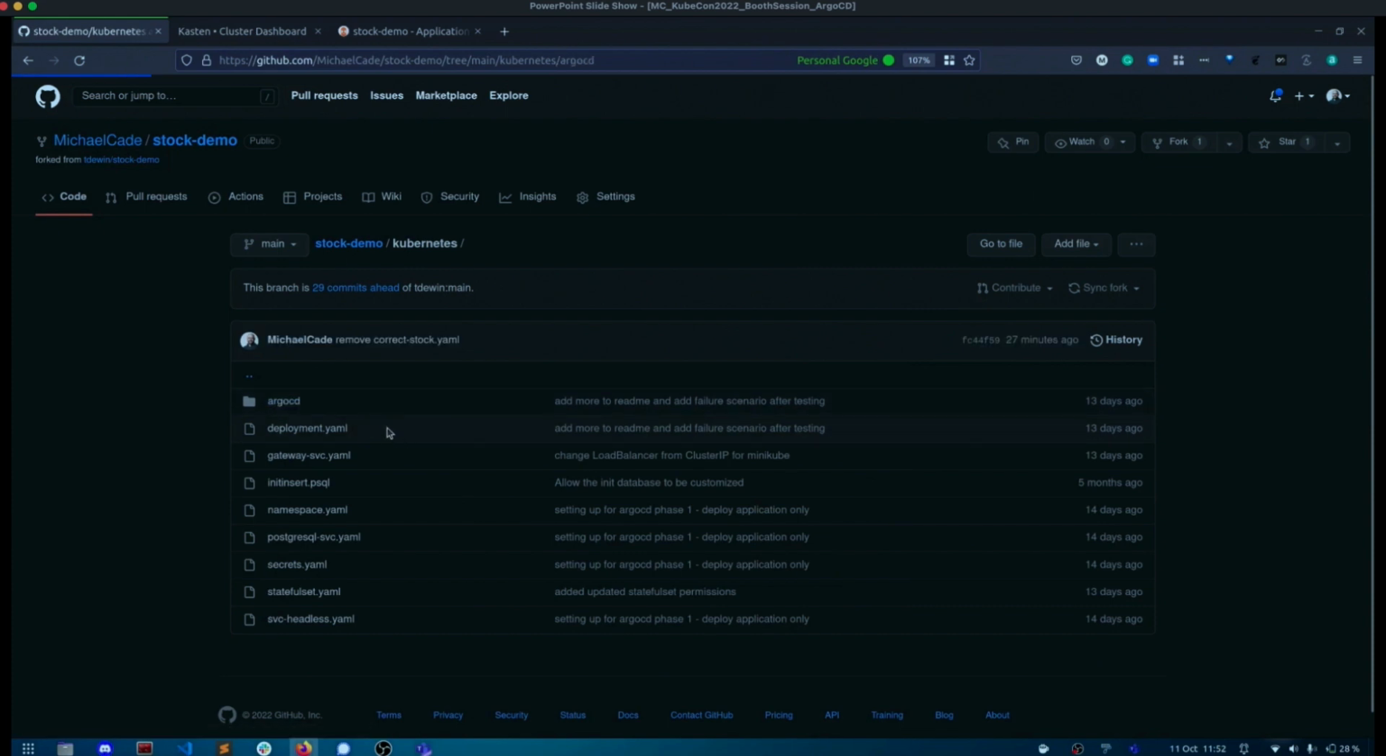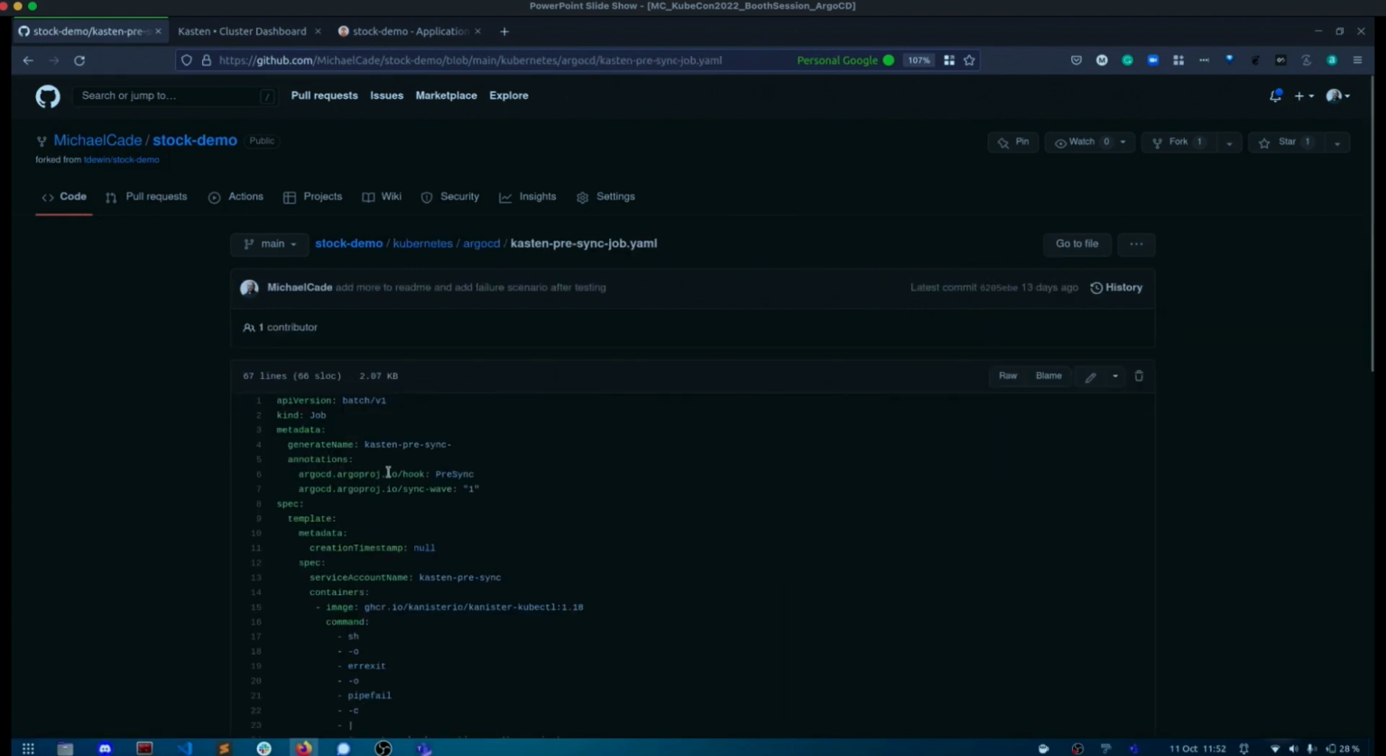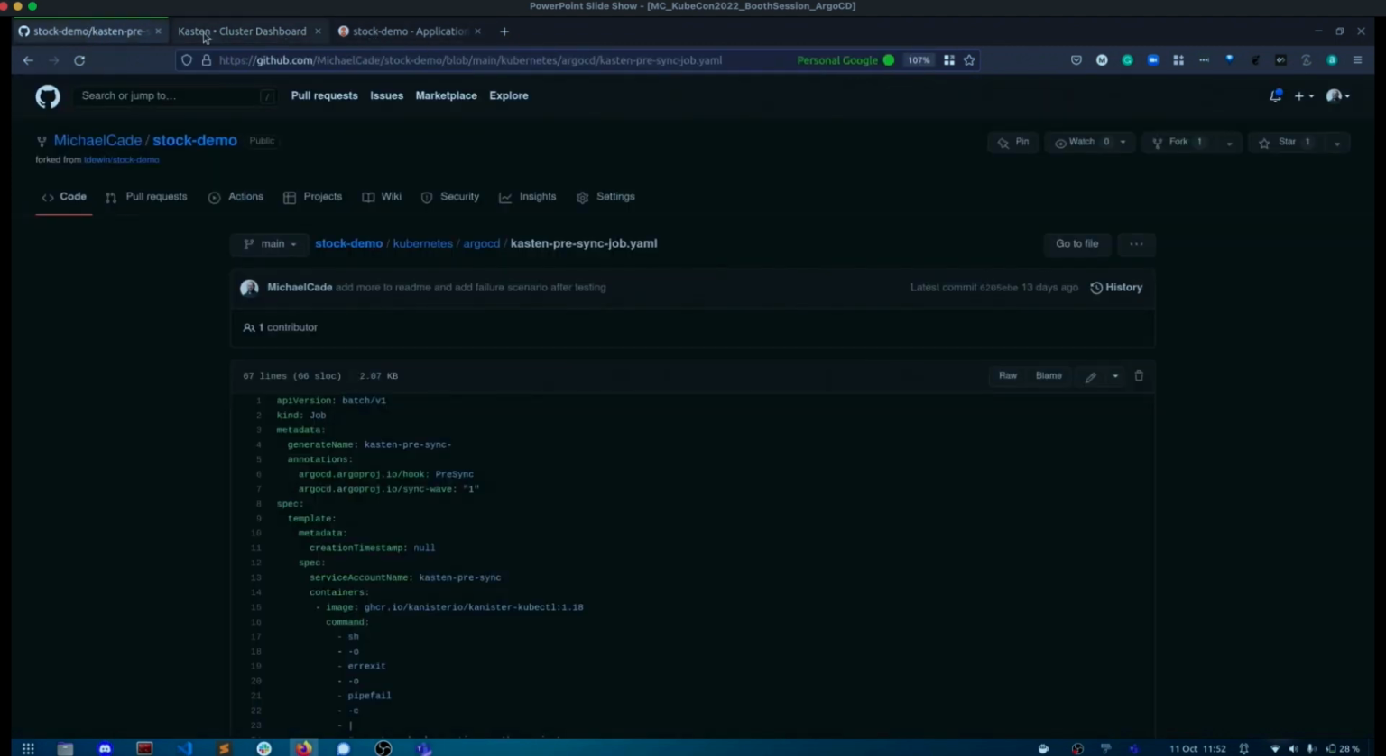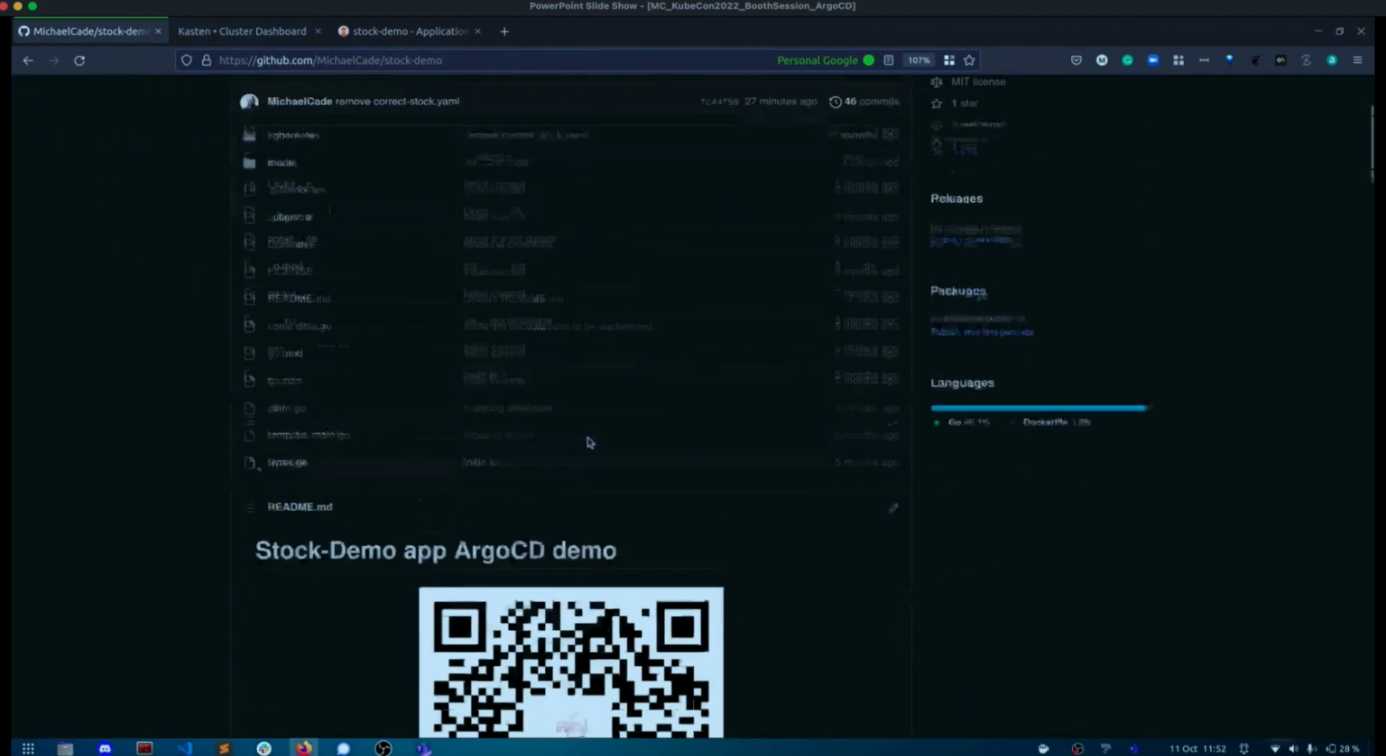Now what does this is, in the Argo CD file, we created a Kasten pre-sync job that does this pre-sync and uses a sync wave. Now that's specific to Argo CD, and that enables us to trigger that. You saw it was very quick, and we just captured seven artifacts within that namespace. So then what happens